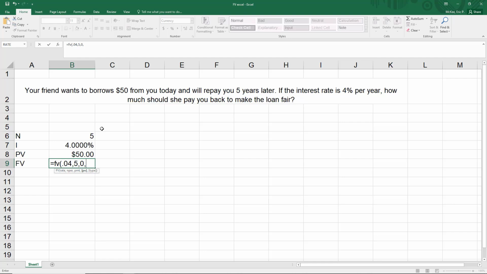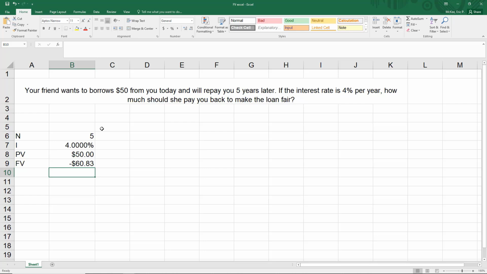And then present value is the $50, and it's in brackets because Excel has a value there that it would put in by default if we didn't do anything. But Excel's value here is 0. Obviously, we're not loaning out $0, so we put in the 50, and we don't let it take the default. Now, type can be the default. If we leave that alone for this type of question, we'll be fine. And enter, and we get our negative